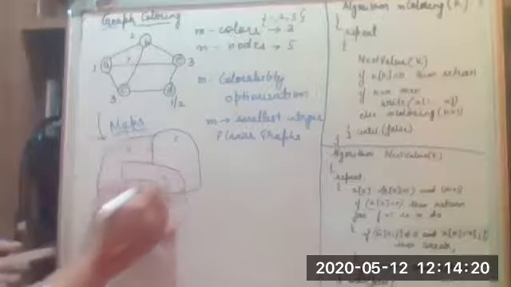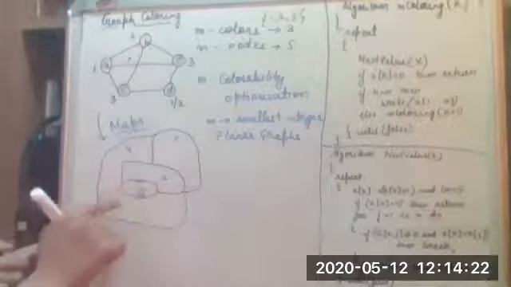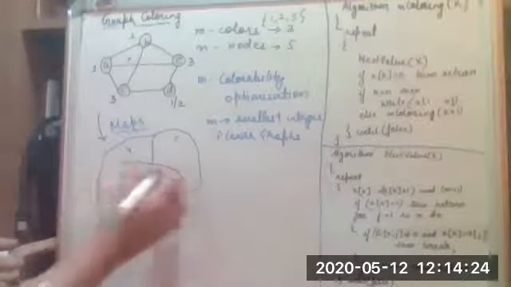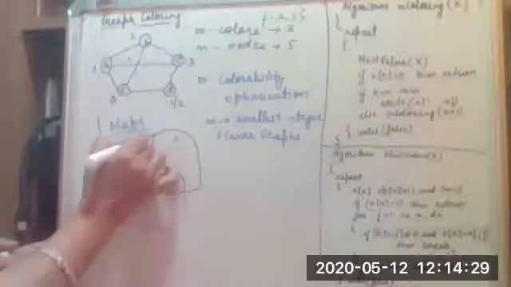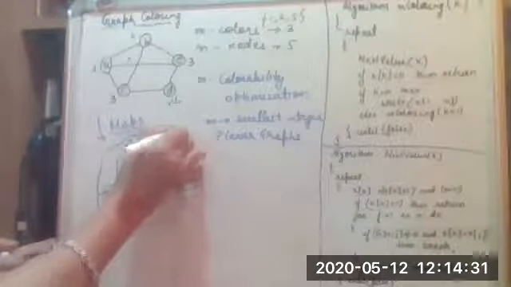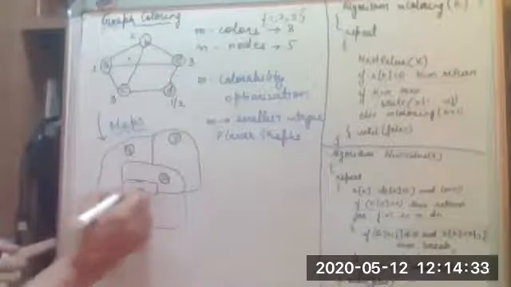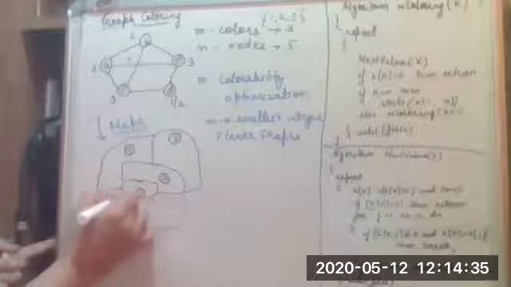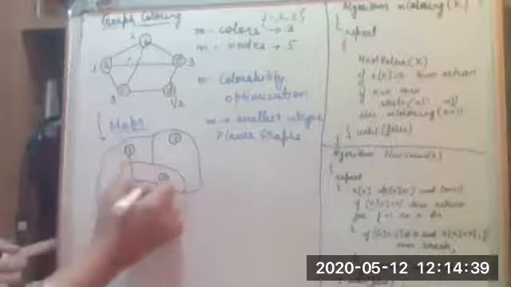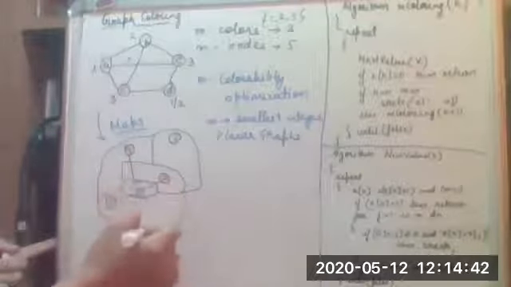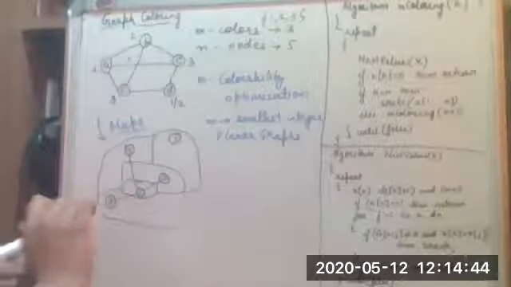So let's say this is the first region and the node is 1, second region and the node is 2, third region and the node is 3, similarly 4 and 5. So in here, 1 is connected to 3, one's boundary is connected to 4, one's boundary is connected to 2, but 1 is not connected to 5.